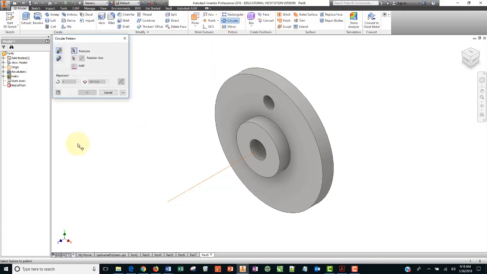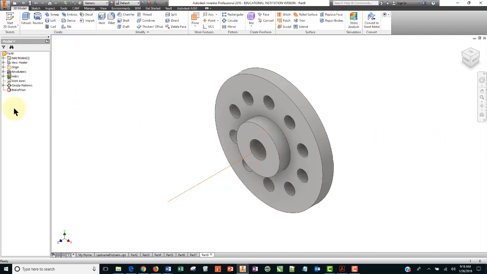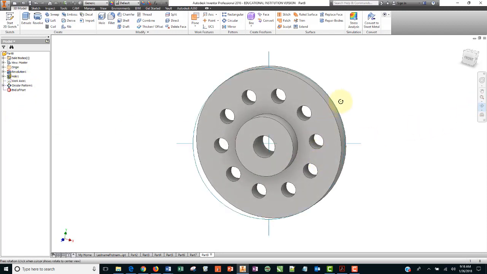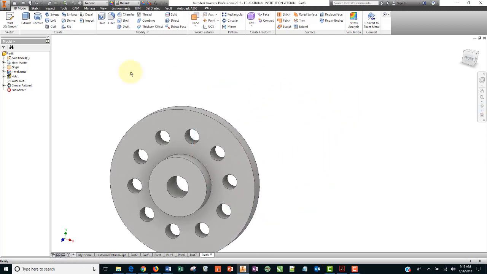So I'm going to choose circular. I'm going to choose that hole that I made, and then for the rotation axis I'm going to choose that axis, and we need 10 of these. Okay, and I'm going to turn off the visibility on my work axis. So you can see how that can save you some time. So what we would do at this point is